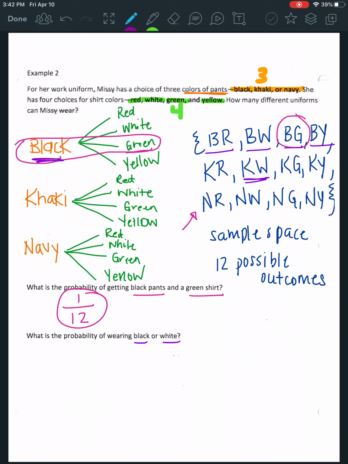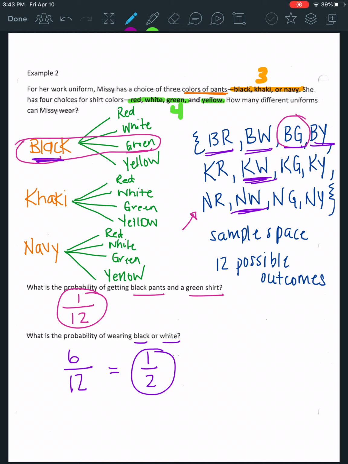Khaki white, now there's white in the outfit. Khaki green, khaki yellow, no black or white. Navy red, navy white, there's another one, navy green, navy yellow. So we're looking for any of them that have black or white in them. So we have 1, 2, 3, 4, 5, 6 out of 12 total outcomes, which simplifies to 1/2 or